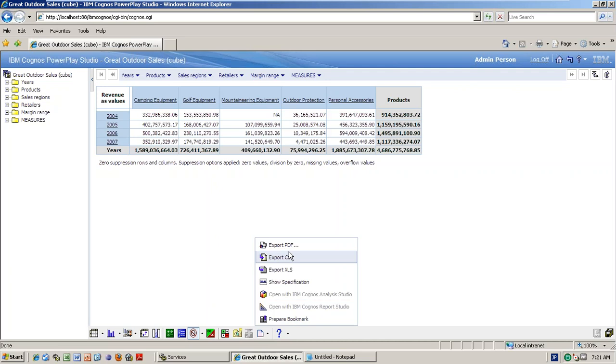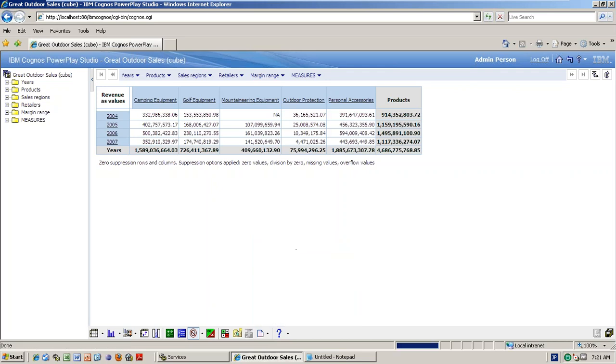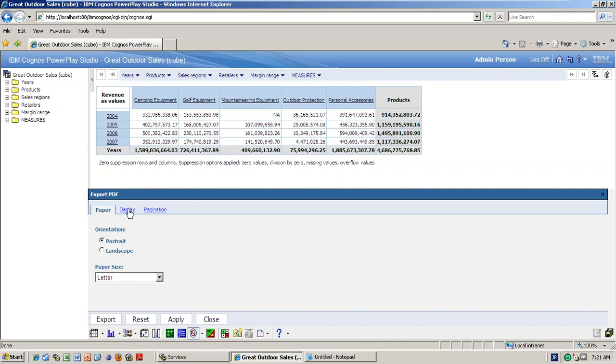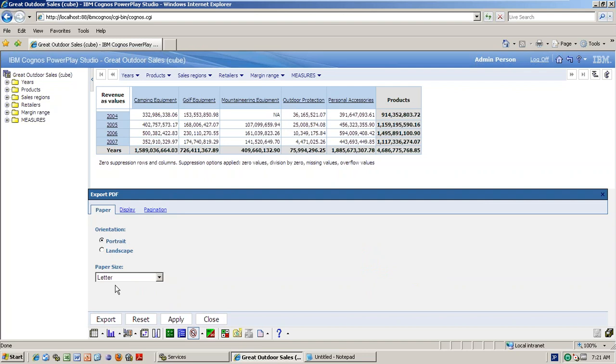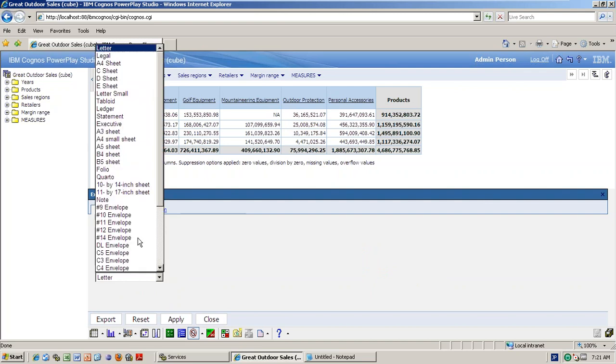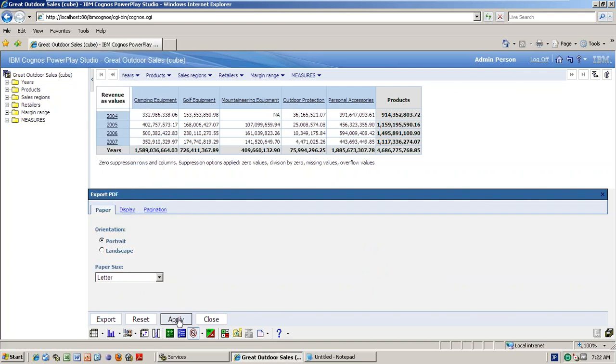Export into the PDF. The users can export. So if they click it, it will export into the PDF. Portrait or landscape, and what is the frame borders and paginations, just how to upload it. A4 size or something, whatever you want to select, you can select. Okay, just apply it and export it. So then it will be exported into the PDF, then you can take a printout and then you can submit to the regulators.